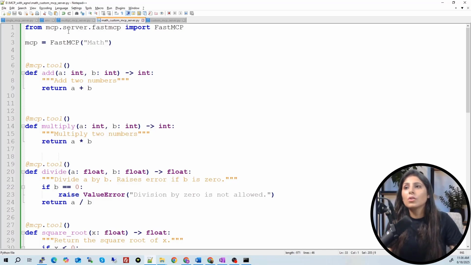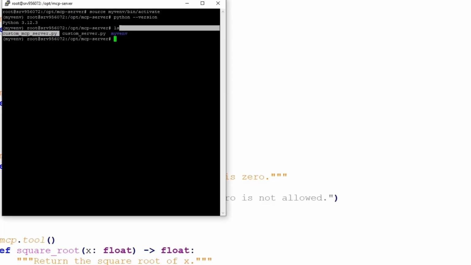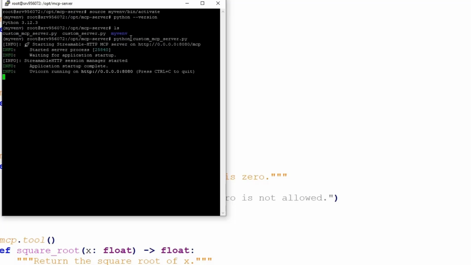I have pasted this entire code, the code which we have over here, I just copied this file into the cloud, and you can see the file over here. Now to run it, you will just write python and then the file name, custom mcp server.py, and enter. If you're seeing this kind of output, that means your MCP server is running on the cloud successfully.